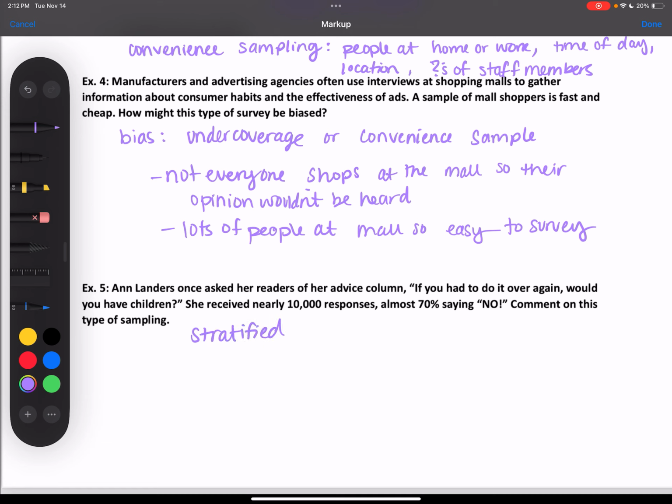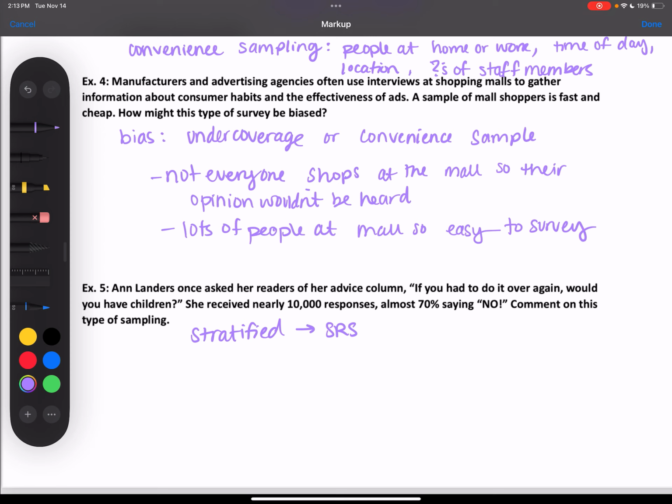So stratified to SRS, because it's already a group of them who read her column, right? Or don't read her column, kind of thing. But then with the bias as well,